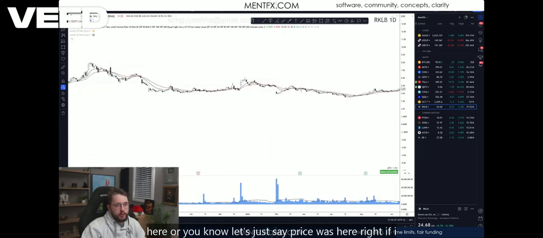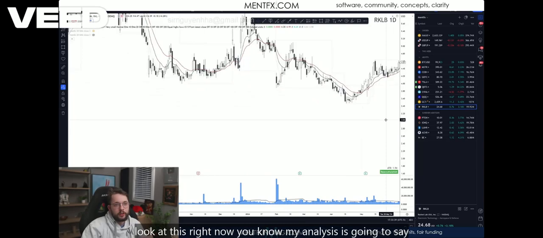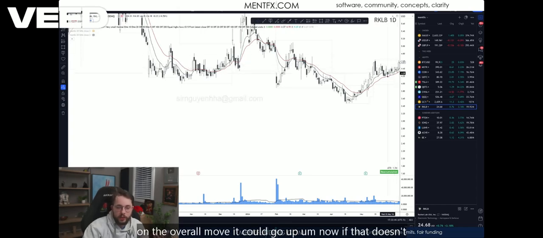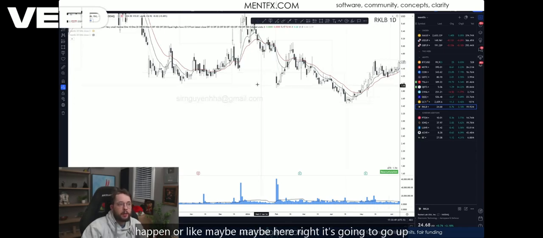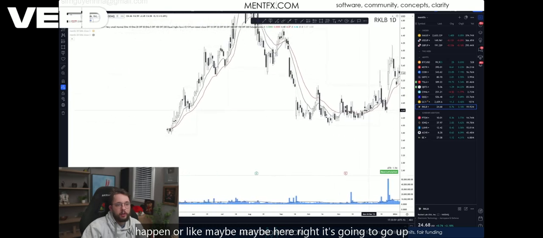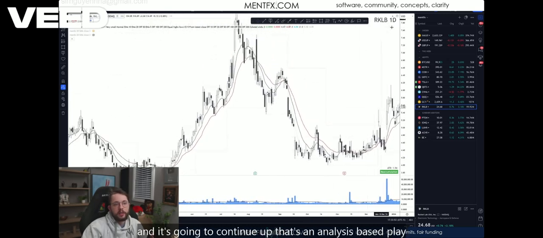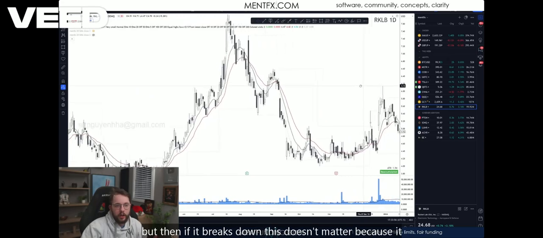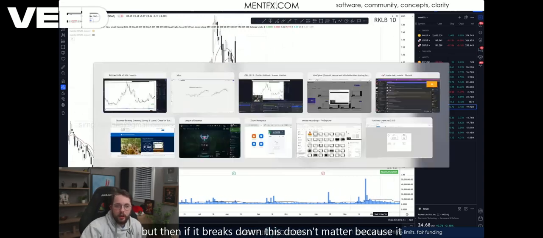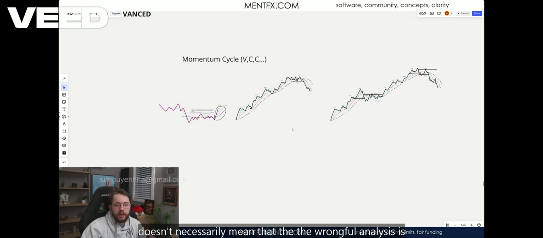If I look at this right now, my analysis is going to say this is probably going to go up, because based on the overall move, it could go up. Now, if that doesn't happen, or maybe here, it's going to go up and continue up. That's an analysis-based play. But then if it breaks down, this doesn't matter,